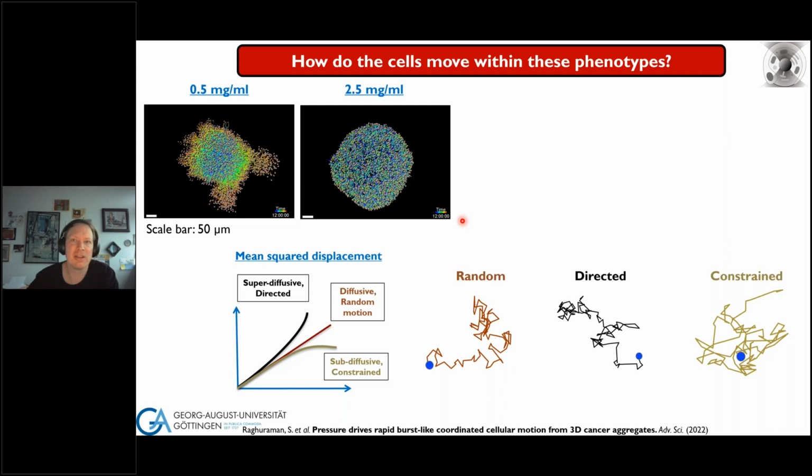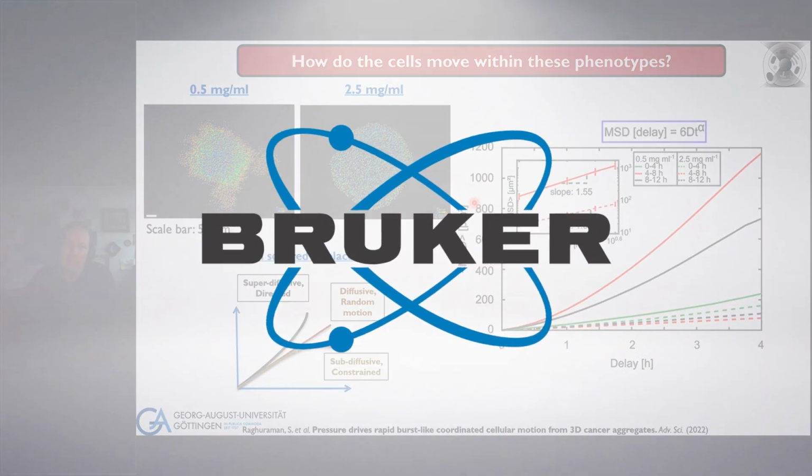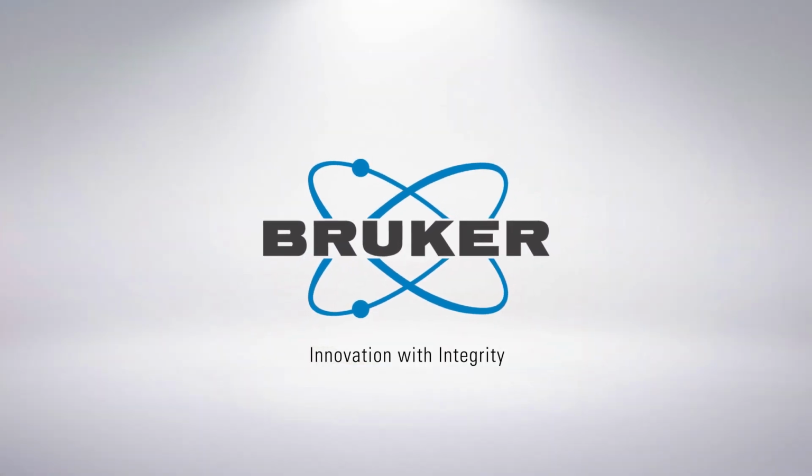The first thing we looked at was trying to understand their migration pattern by using mean square displacements. If you don't know about it, it's a very nice way where you can differentiate between purely random motion. Purely random motion here would have a so-called power law exponent of 1. You will see that later in the line. We can have directed motion, right? That's a super diffusive situation. That would be an upward curved situation here. And we can have constrained motion. That means the cells cannot escape a certain situation. And that's something you can very nicely analyze with this mean square displacement. Now, if we look at the data here, this is the mean square displacement with delay times, and you can fit this here with such a classic